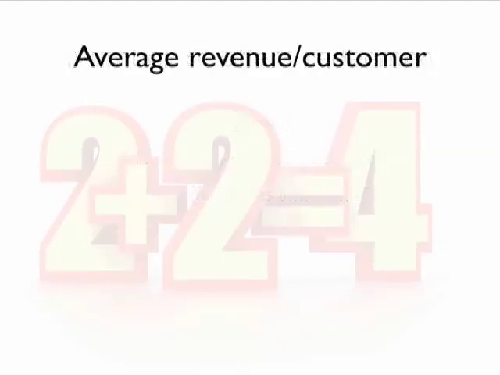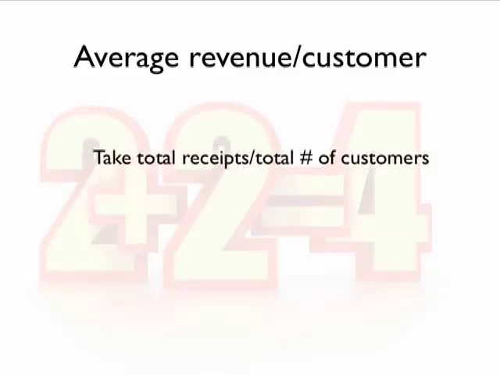Now let's look at an example so that this makes a little bit more sense to you. Let's figure out the average revenue per customer for Melissa's Cafe. I'm going to take the total receipts and divide it by the number of customers. Now, in my cafe, I would probably need to get some help from the waiters and waitresses in order to know how many customers those receipts represented. So I would just ask them if you could just quickly write down how many people were at that table for that check. Then I can actually figure out the total receipts versus the number of customers.